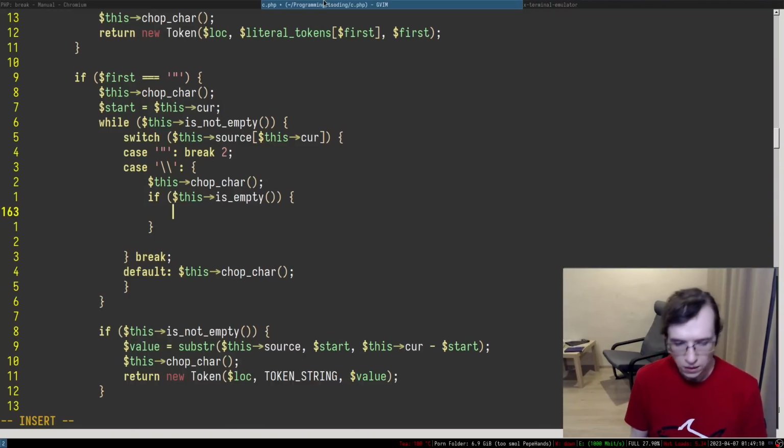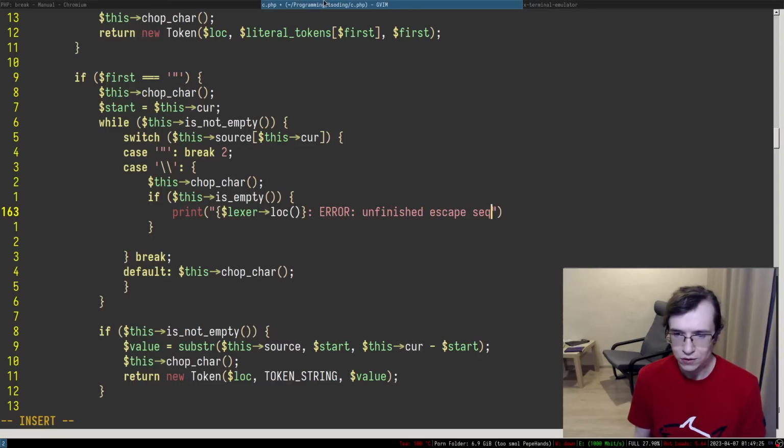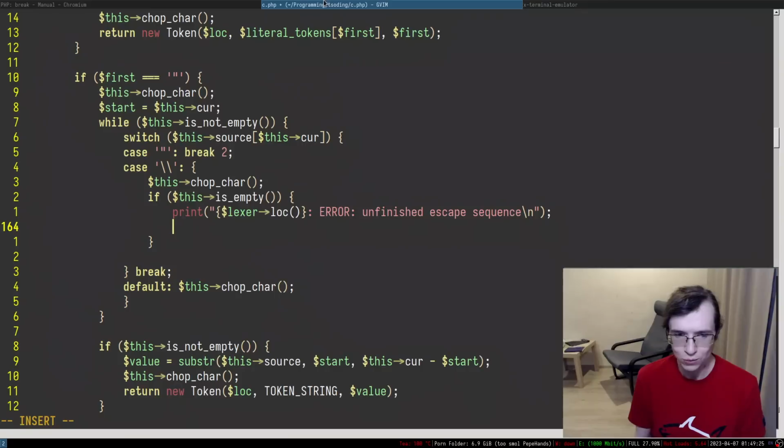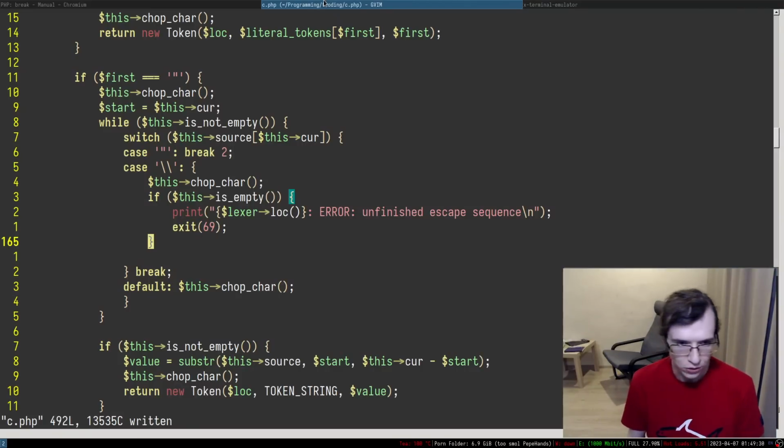So how are we going to do that? We're going to print, and in here we need to get the location. We can say something like loc. And here we can say unfinished escape sequence, like so, and we're going to exit with 69. That's what we're going to do.